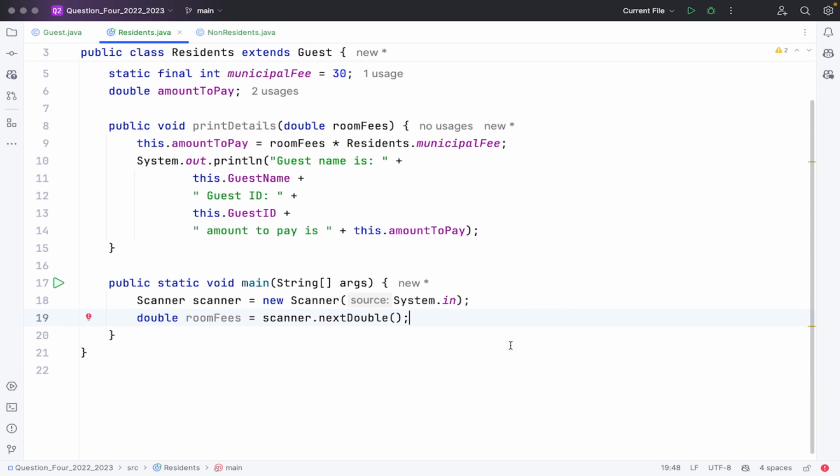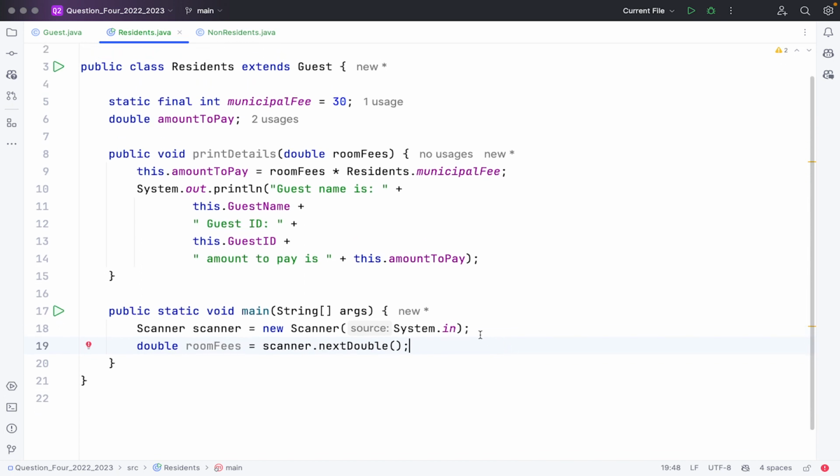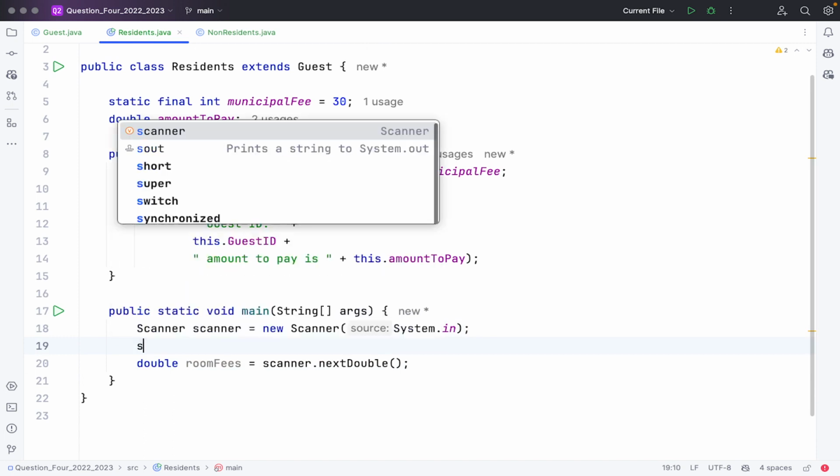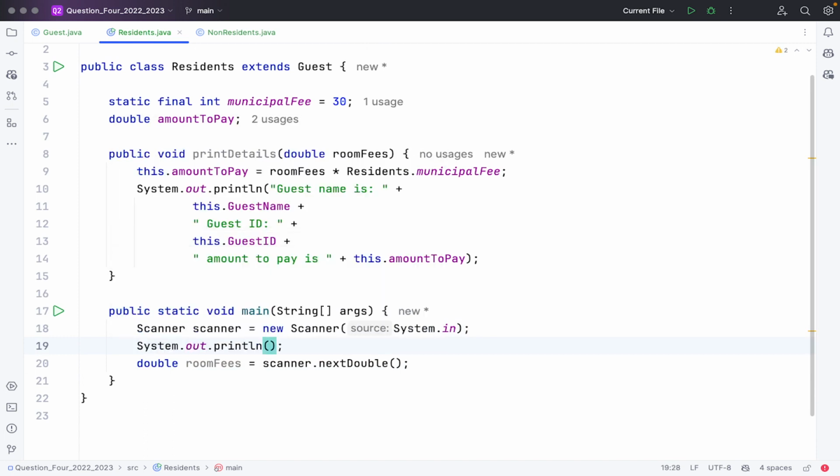And then let's prompt the lodge owner to enter the room fee for this user, like that. So give us the room fees, and then we shall get the room fees using this next double method, and then we shall use